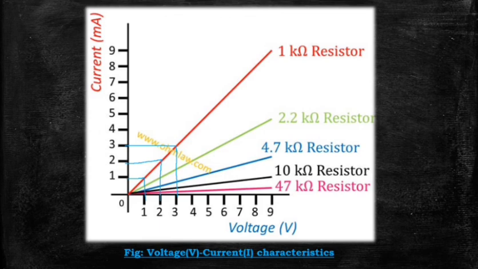Just look at this diagram. It is increasing proportionally. So when we increase the resistor, it will limit the current. If we are using 2.2k resistor, the current will be resisted. When we were using 1 kilo ohm, the current was flowing 1 milliamp. When we are using higher resistor, the current is becoming less. So this is a graph of voltage and current.